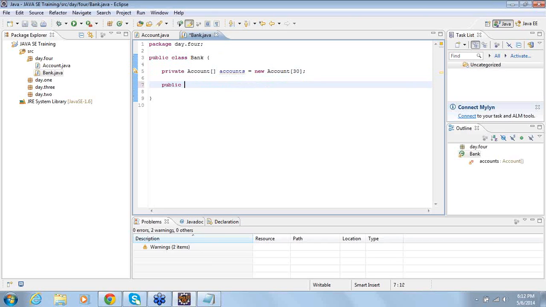Now I'm going to define operations like create account. So when somebody comes to me and asks to open an account,